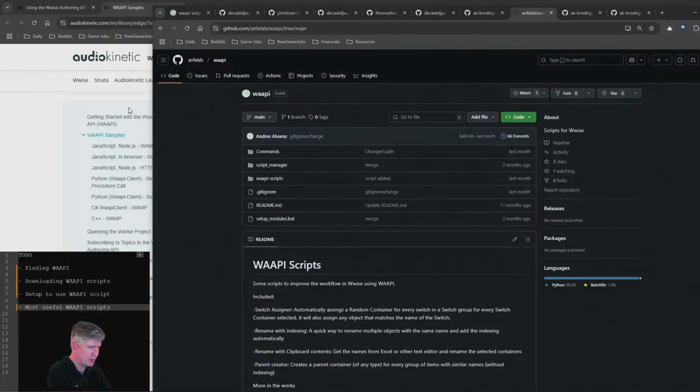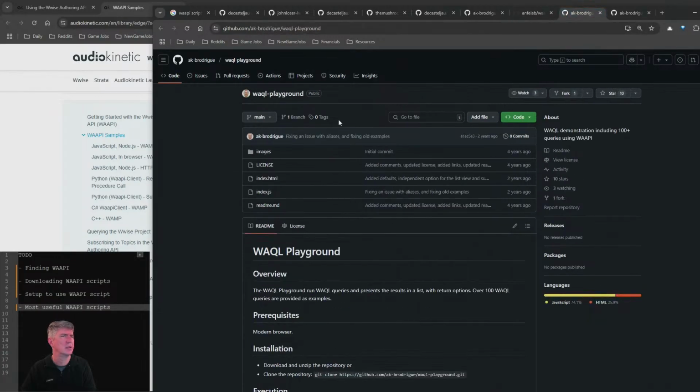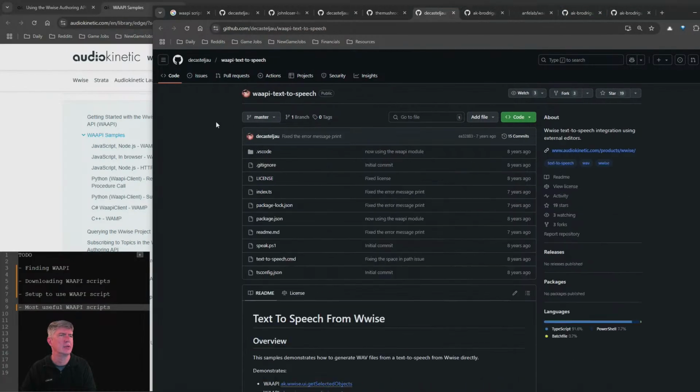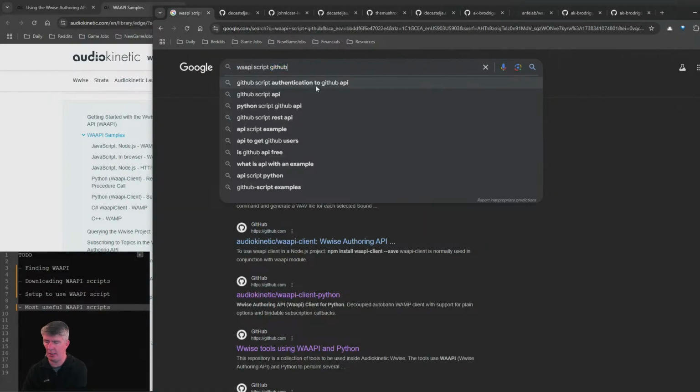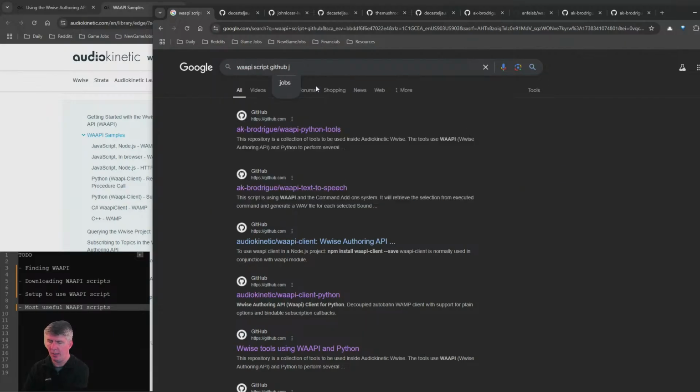Find some other ones. Sample, text to speech. There's one other one that I wanted to find. Which, let's go back here. WAAPI script, probably on GitHub,